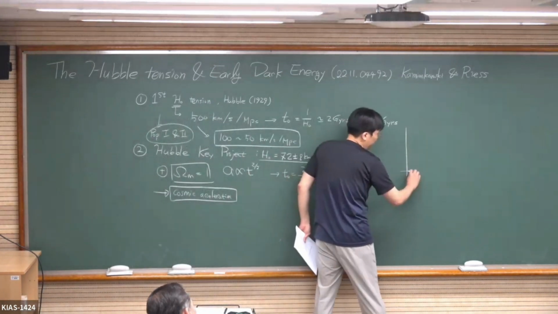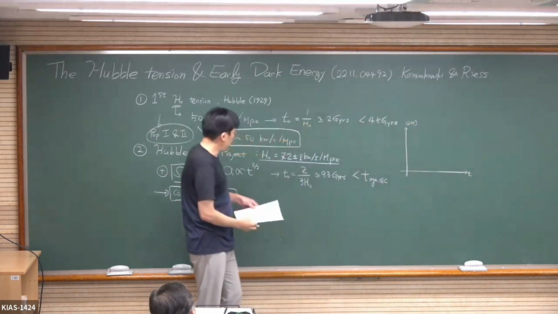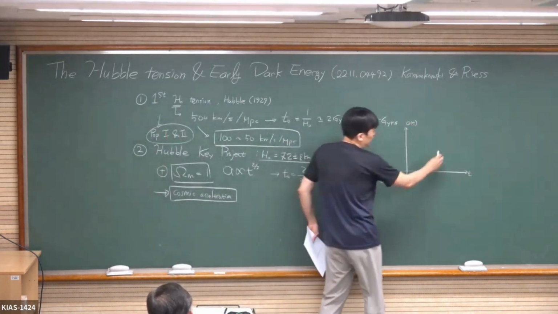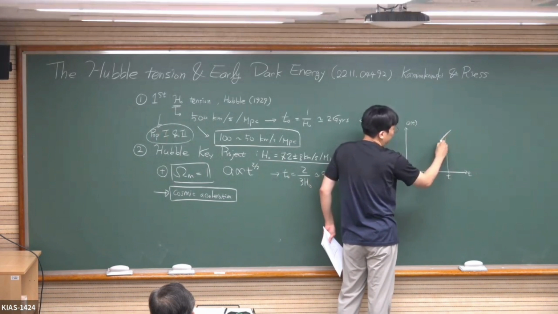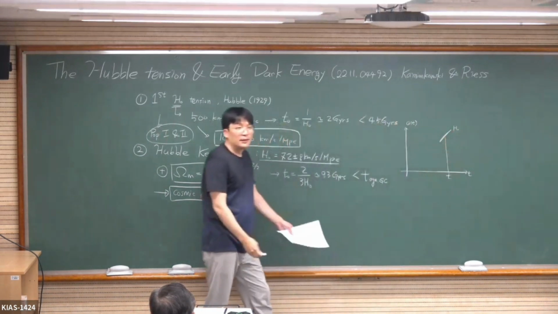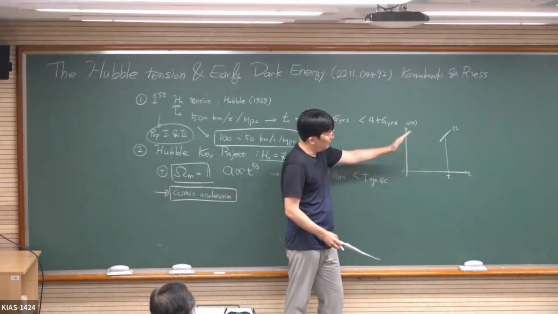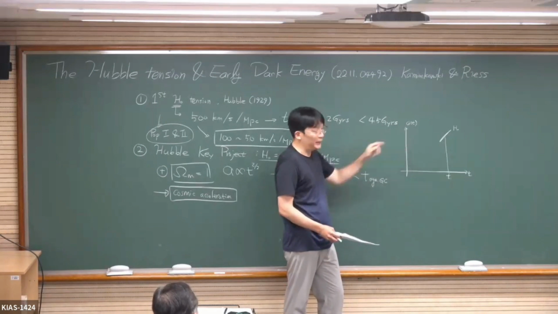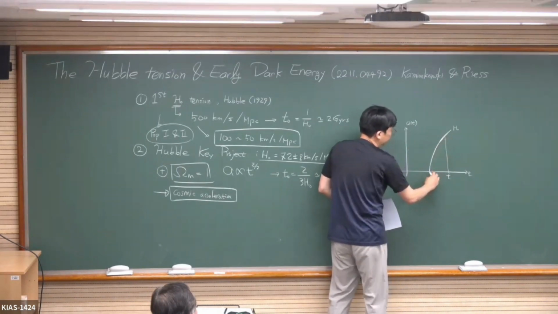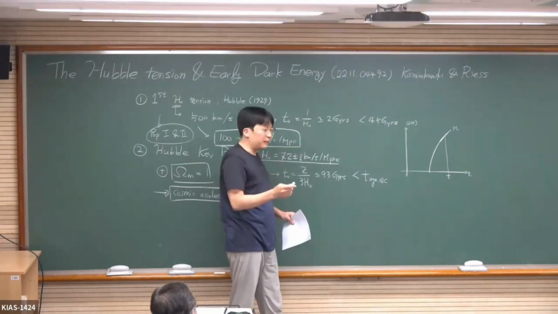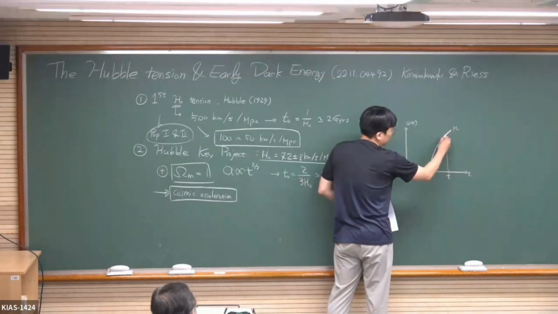You can think of it this way: it's a function of t and a(t). By knowing the Hubble parameter, what you know is that at the current time t0, we know the slope of this curve, given by H0. Without acceleration, throughout the past history, the expansion speed must have been slower than H0, and then you have something like this. But if you allow some acceleration, this curve can be concave. So for a given slope, you can do it like this.